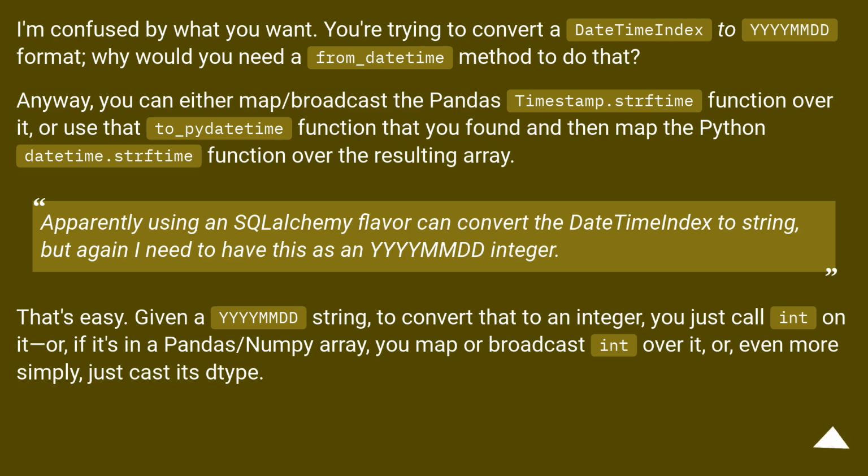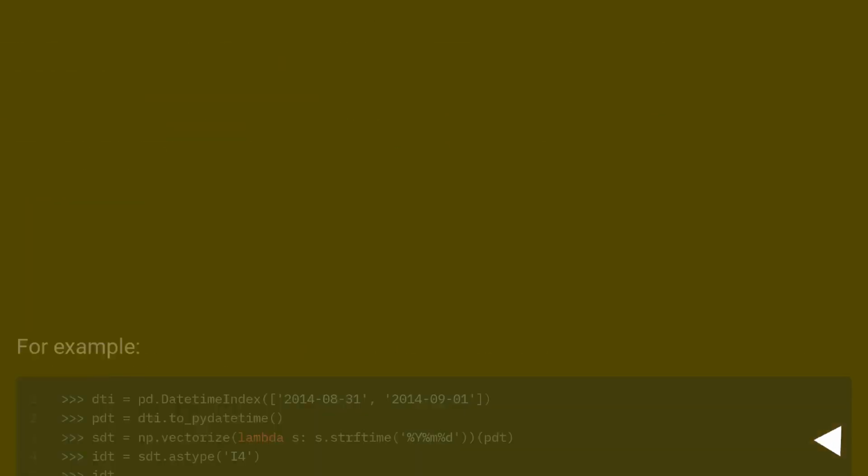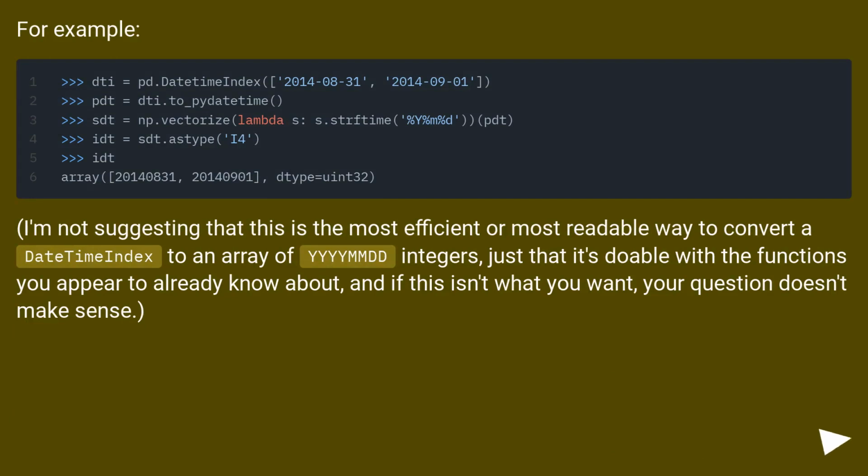Apparently using an SQLAlchemy flavor can convert the DateTimeIndex to string, but again I need to have this as a YYMMDD integer. That's easy. Given a YYMMDD string, to convert that to an integer, you just call int on it, or, if it's in a pandas/numpy array, you map or broadcast int over it, or, even more simply, just cast its dtype. For example,